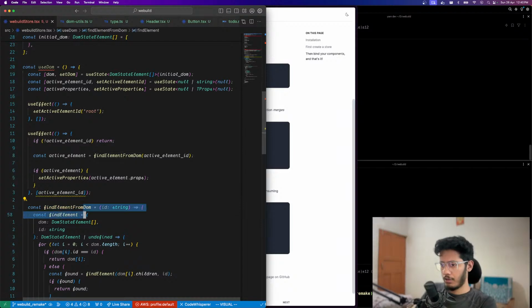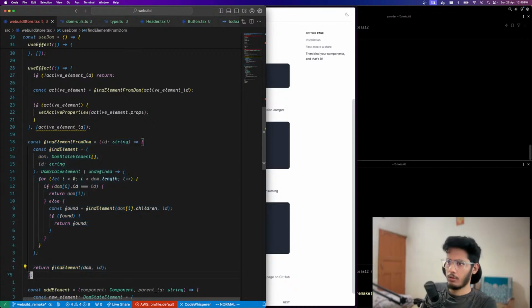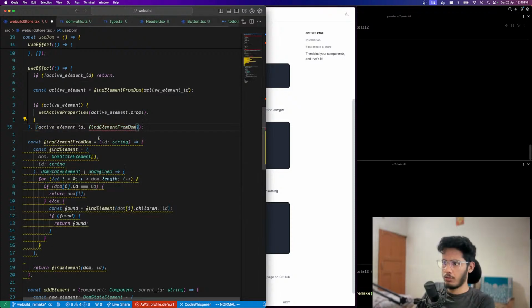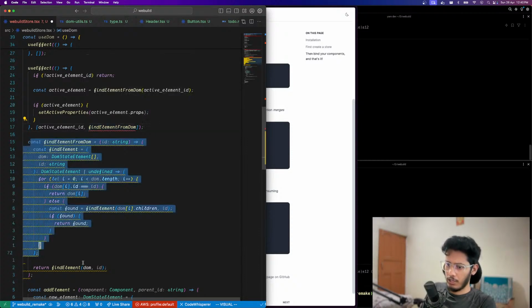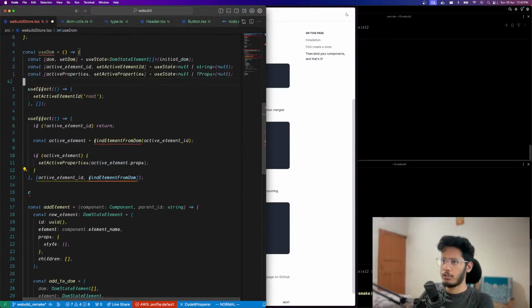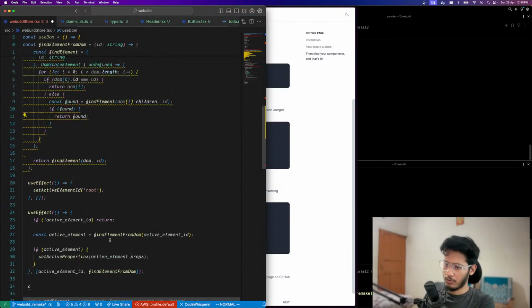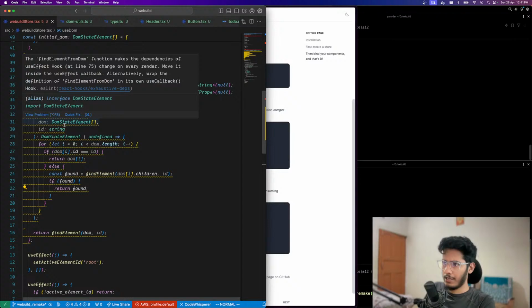So if we are so... I don't know. So we can... block scope finder used before its declaration. Okay, so I'll declare it before. Chalo, let's declare all the functions over here. And then I must have left a C over here. Yeah, makes sense. So now this is angry at me saying